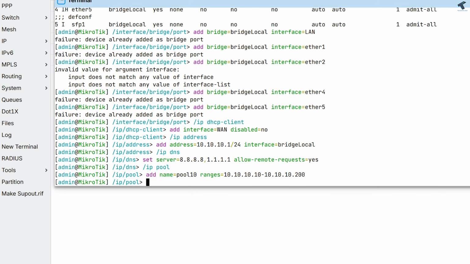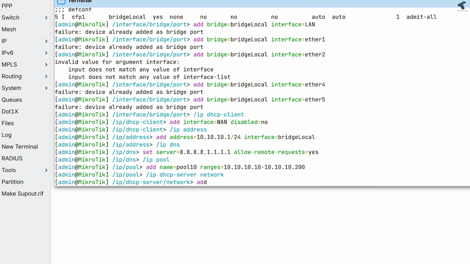Now I'll configure the DHCP server settings. The command is /ip dhcp-server network. After that type add address=10.10.10.0/24 gateway=10.10.10.1 dns-server=10.10.10.1. This defines what gateway and DNS information will be given to devices when they receive an IP address from the MikroTik